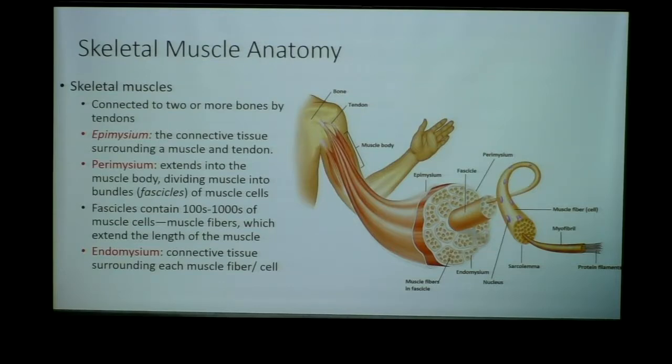Let's talk a little bit about what muscle looks like on gross inspection to the naked eye. So it's connected to 2 or more bones by a tendon. We saw a few tendons in the labs. And so a tendon is the non-contractile part that attaches a muscle to 2 bones, or to a bone at 2 points. Okay, now if you look at muscle closely, if we took one muscle, say the biceps muscle here,